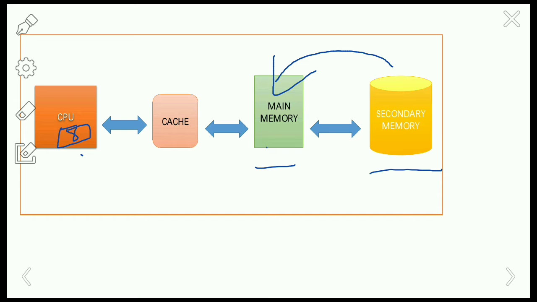If you want to know about the cache memory, it will come in the computer organization part. Here we are talking about memory management techniques, we are considering only the main memory and secondary memory, and we are not considering the cache. So you can neglect the cache memory here, right? This part will come in computer architecture.